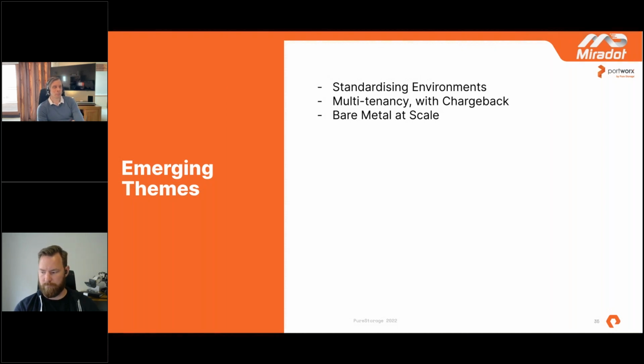We see a want for multi-tenancy, but with the ability to do multi-tenancy comes the requirement to do chargeback, because if we don't charge people for the things they consume more, that goes against some of the goals that we've got here. And then we're seeing bare metal at scale. We've sold a lot of bare metal licenses because people, particularly enterprise, are seeing the benefits of this, right? That 20% is a big jump in capacity performance, which saves quite a lot, right? Saves a lot of networking gear, saves a lot of compute, saves some storage even as well.